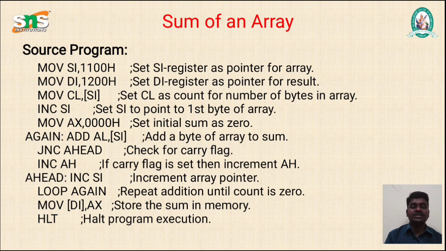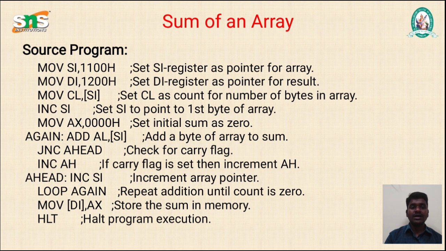Again the next step is loop again. That means going back to the ADD AL, SI step. It will loop, and if you are taking 6 or 7 values, when it comes to the end, only after that will it move to the next step. Otherwise the loop keeps repeating up to the end of the values. Next step, MOV DI, AX. Finally AX has the sum of the array, all the data added, and it is finally stored in